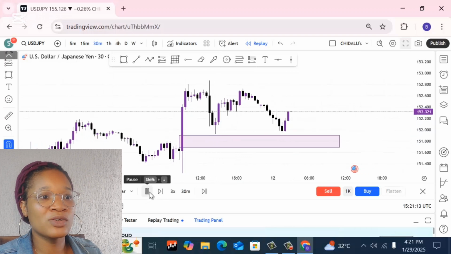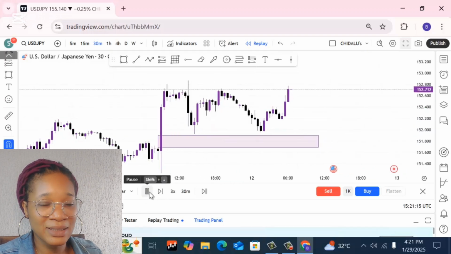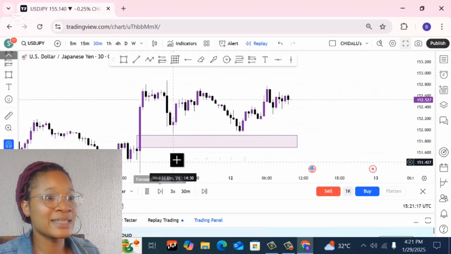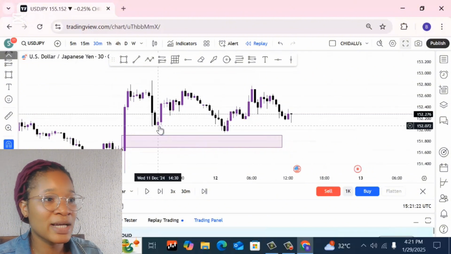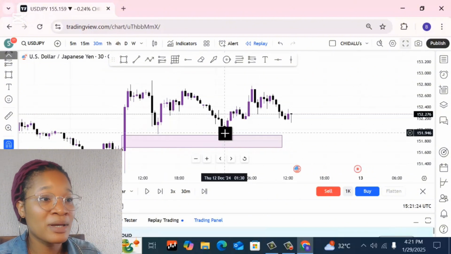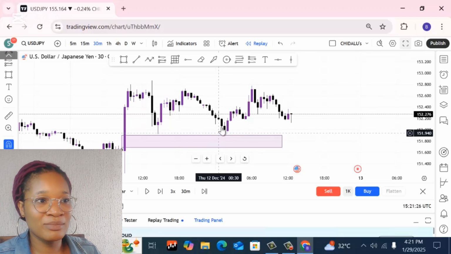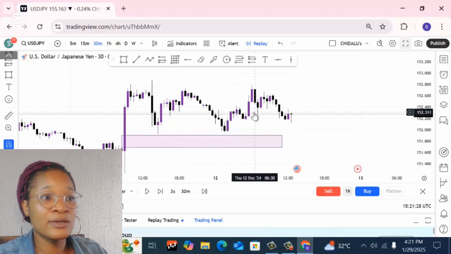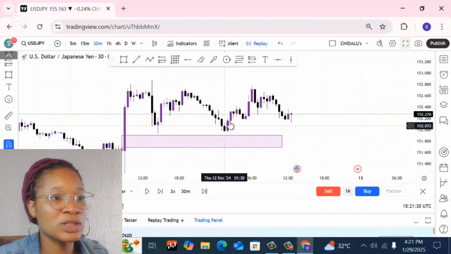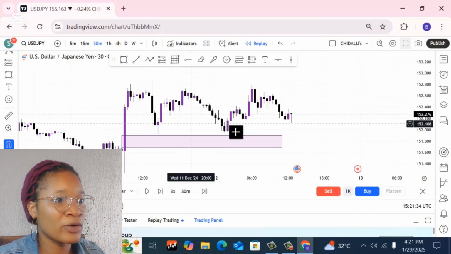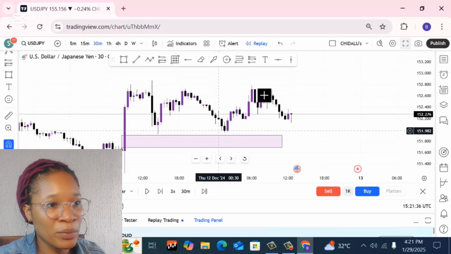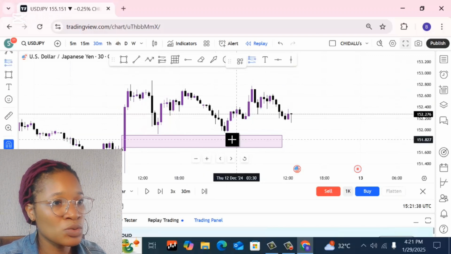So which is why it is always important for you to backtest and see exactly how it came. Again, those traders who did not get in here after seeing it coming the second time may get scared. Instead, they fear that they are going to lose the trade, and what they do is they just rush and FOMO. And then sometimes, for instance, you are getting into a trade at this point, you are most likely to